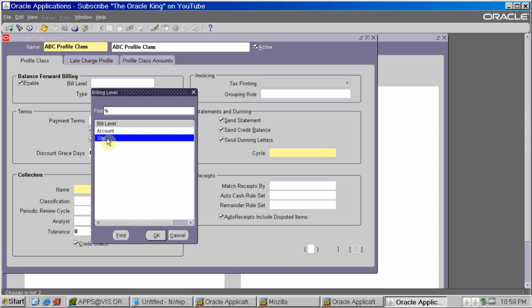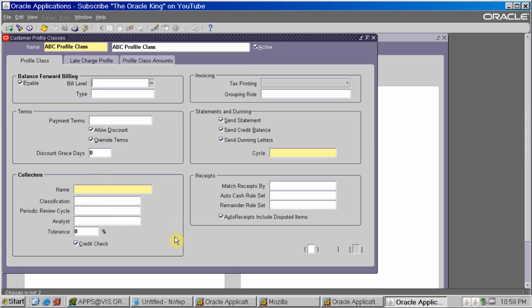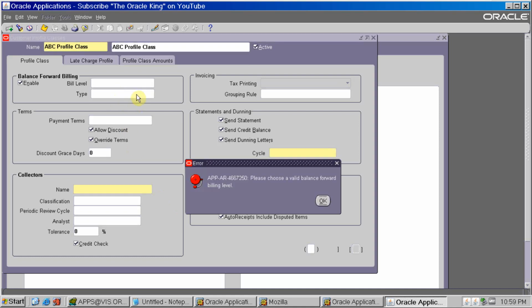If we select site, then only for that site, suppose one site is linked to the customer balance forward billing, it will print only two invoices for site A. So it will work side by side. This is the use of the bill level. I will go into more detail with an example.